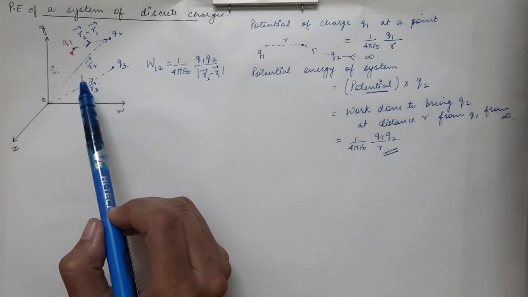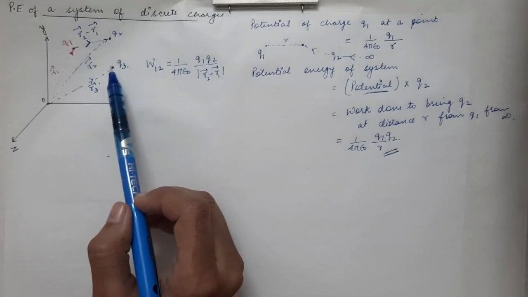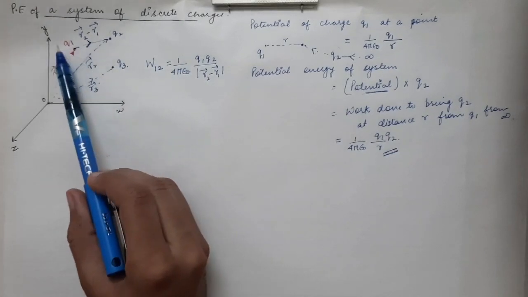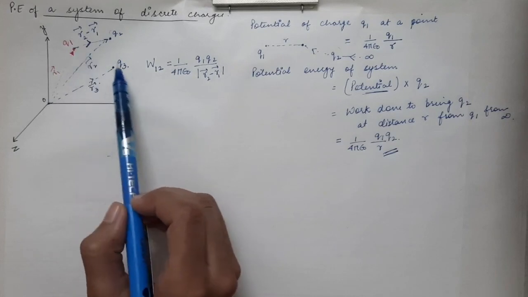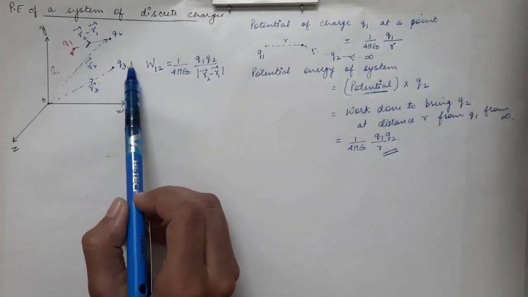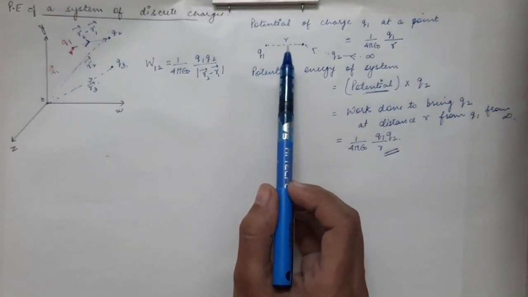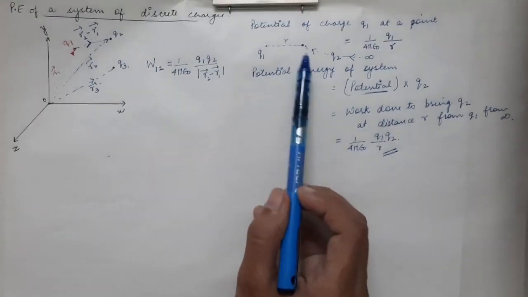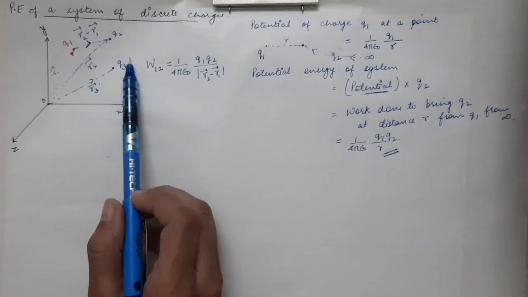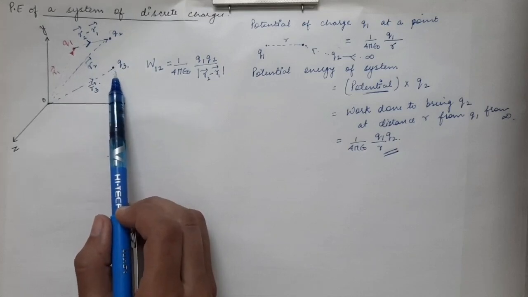First of all, we are going to see what is the amount of work done when you are bringing the q3 charge from infinity to this point against this source charge. Now what will be the work done, or you can say what is the potential energy in the system of q1 and q3 charge? In the first example that we did, we already had q1, and on the second end, we had q2. But over here, when we are considering q3, we have q1, and on the second end, we have q3.